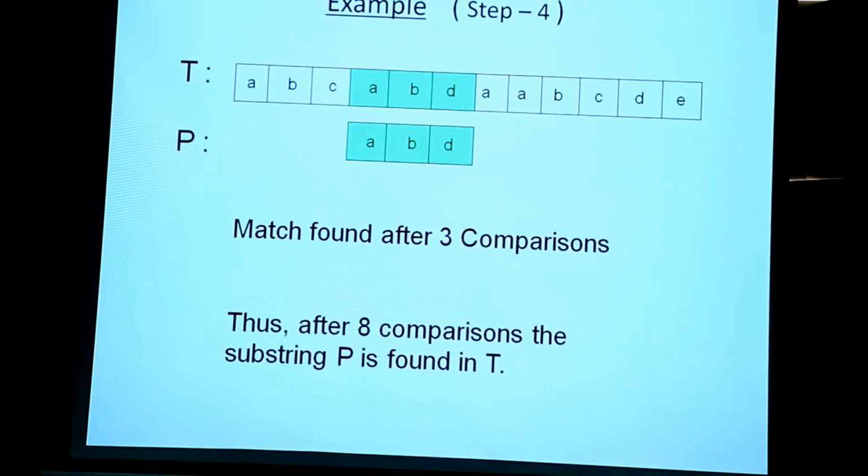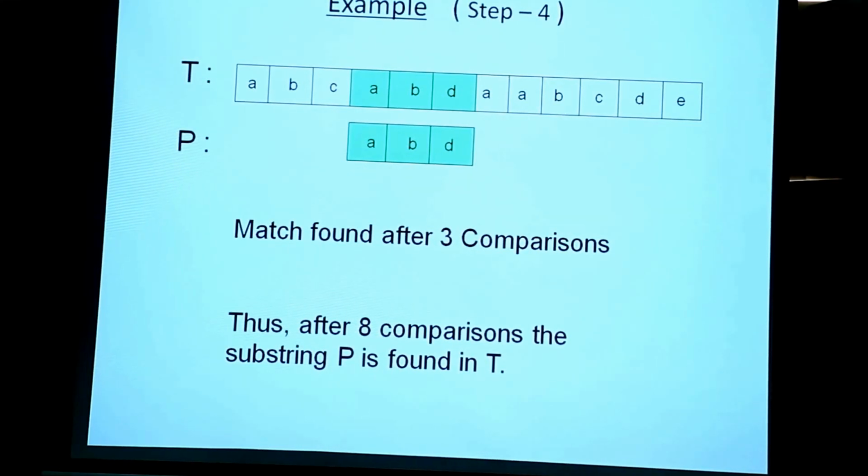What is the worst case? Okay, the worst case could be that the pattern is not found, but the pattern not being found is not necessarily the worst case. For A's, and we are looking for A, A, B, something like that. The last character every time. Exactly. The worst case is when the mismatch occurs at the last character.